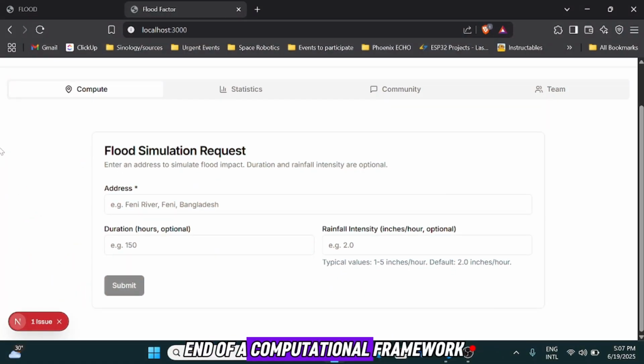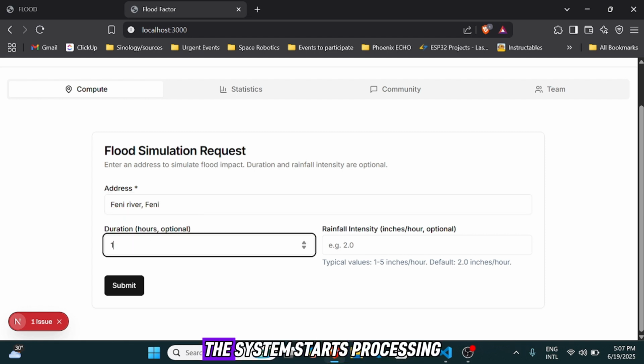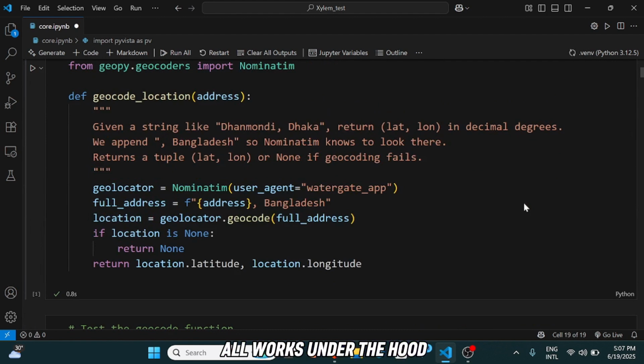This is the front end of a computational framework. Here the user can input a location, say Feni River, Feni, Bangladesh, along with rainfall intensity like 5 inches per hour and duration such as 150 hours. Once the submit button is hit, the system starts pre-processing the flood simulation. This typically takes about a minute, so while it's running, let's dive into the code to see how this all